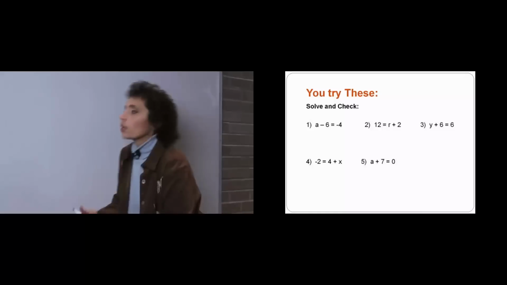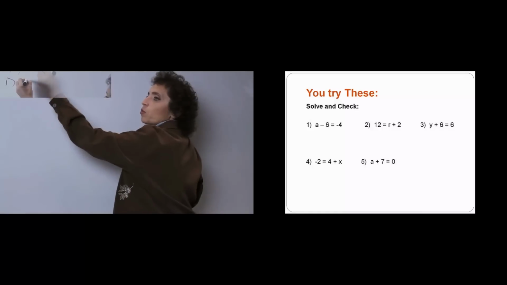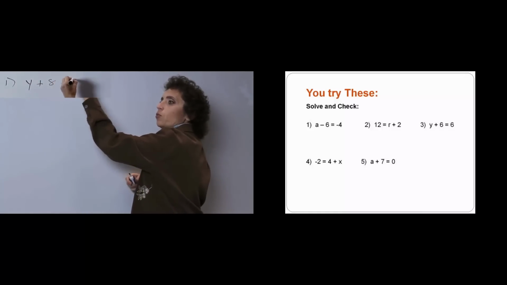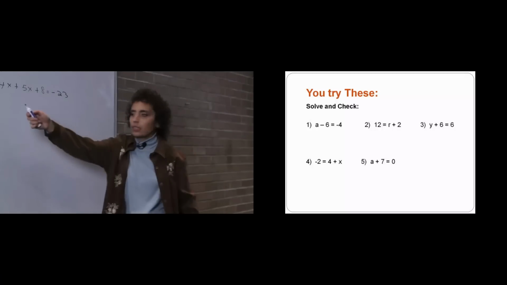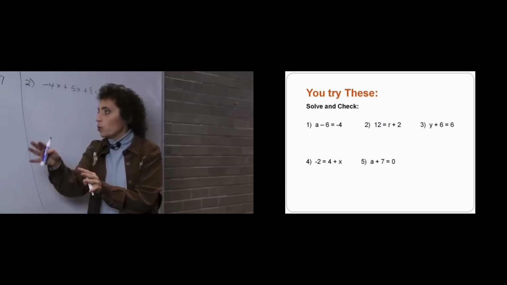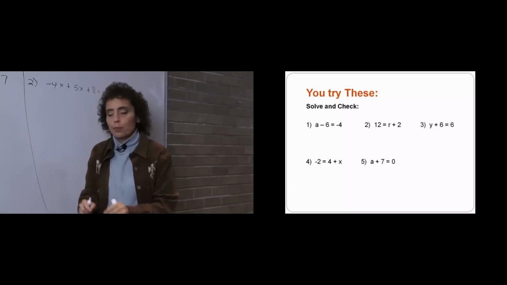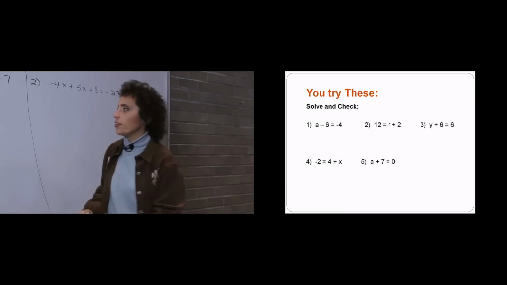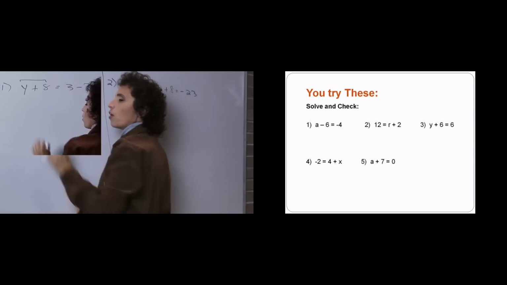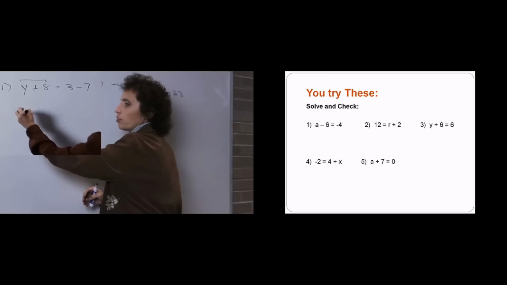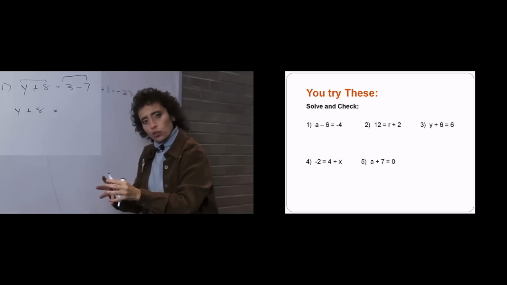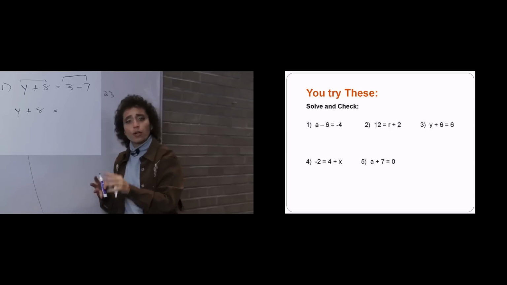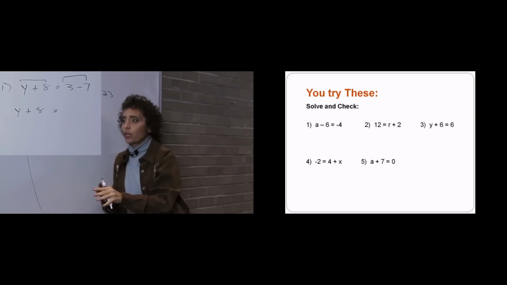All right, let's look at number 1. Number 1 says y plus 8 equals 3 minus 7. Okay, so let's take a look at that. Before you move anything, like we were moving things from one side to the other by the opposite operation, we have to clean up on one side. So let's look on the left side. There are no like terms there, so we can't touch that side. There's nothing we can do with it. Now let's look at this side. On this side, there are things we can combine. So this is the first step, looking to see if we can combine the left side, and then looking to see if we can combine the right side.